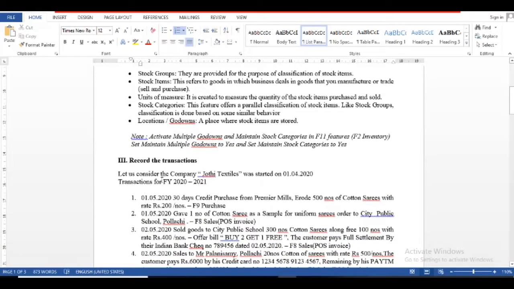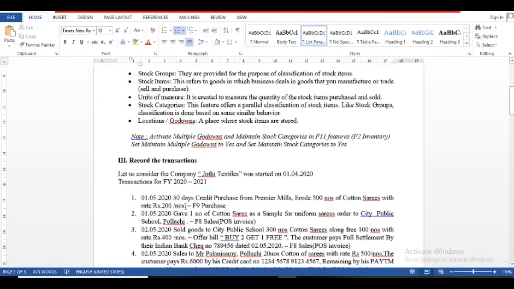Let us consider the company Jyoti Textiles was started on 1/4/2020. The transactions are for the financial year 2020-2021. The first transaction, 1/5/2020: 30 days credit purchase from Premier Mills, Erode, 500 numbers of cotton sarees at rupees 200 per number.